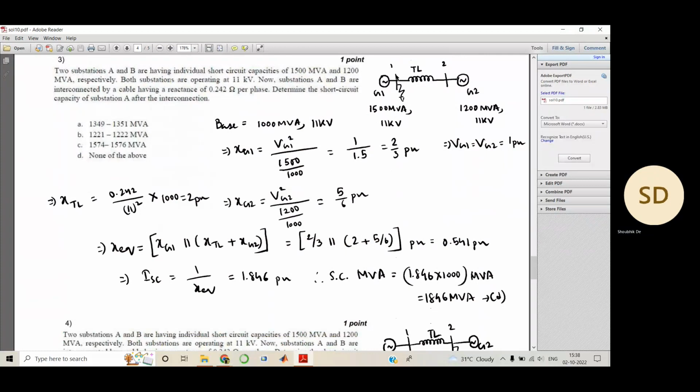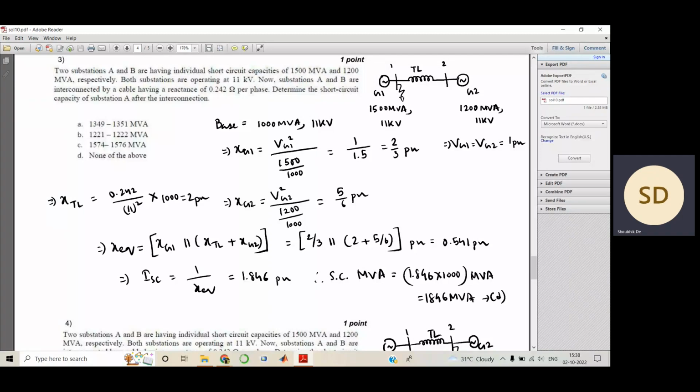So we have to find out what is the fault current at this point, right? So this would be voltage divided by equivalent reactance. So it was 1, and this came out to be 0.541 per unit. So this is 1.846 per unit, and hence your short circuit MVA would be 1.846